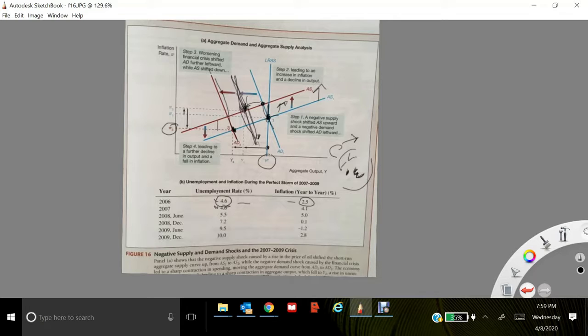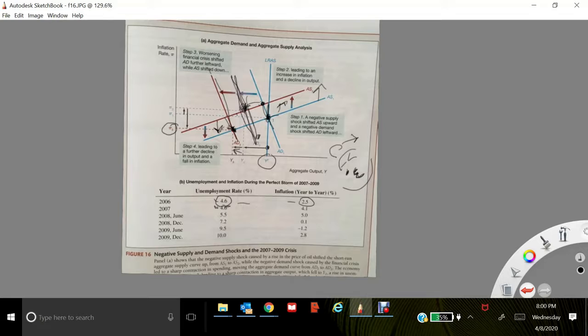Finally, the supply curve started to fall, and here we have output continuing to fall,